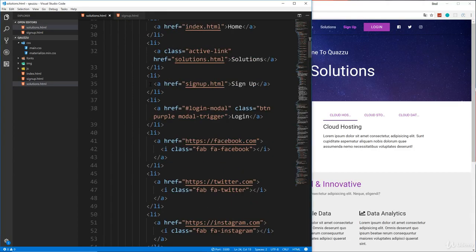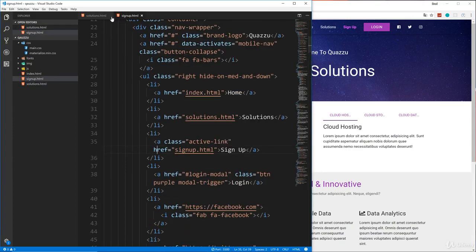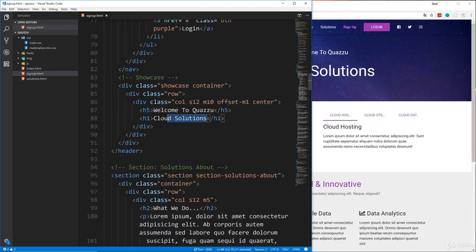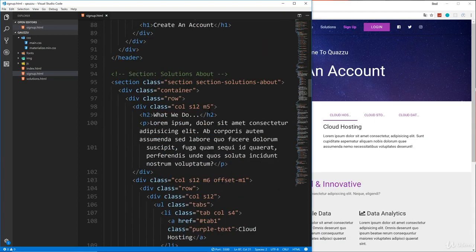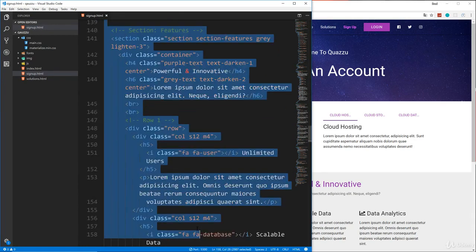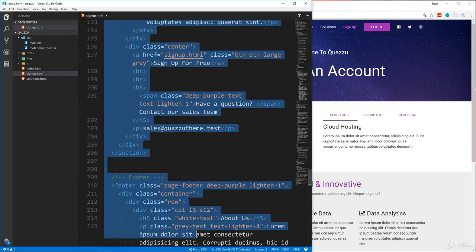Now for the rest of the sign up page, we can actually close up solutions now. But on the sign up page, we're going to scroll down to where the showcase is, and we're going to just change the H1 to, let's say, create an account. Okay, and then we're going to get rid of the about section and the features section, so everything down to the footer,